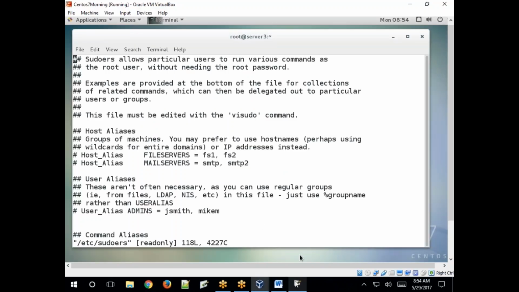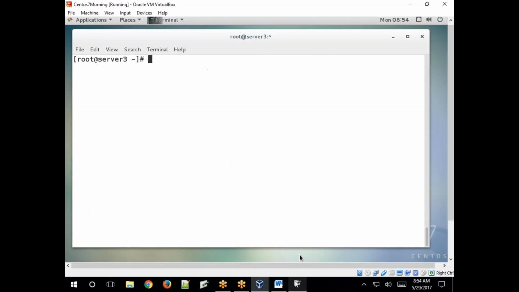Now, we have already learned a lot about user accounts, right? We learned how to create users, how to create groups, and how to add users into a group. We also learned how to create a user with password expiry and account expiry, how to create a user with a different directory as the home directory, and how to create a user with a different shell as the login shell.